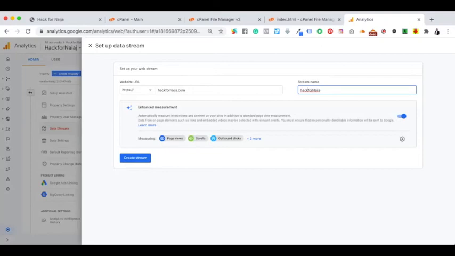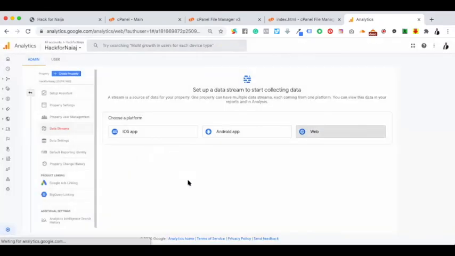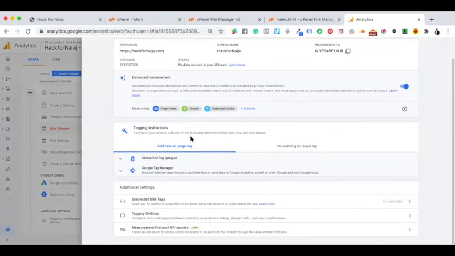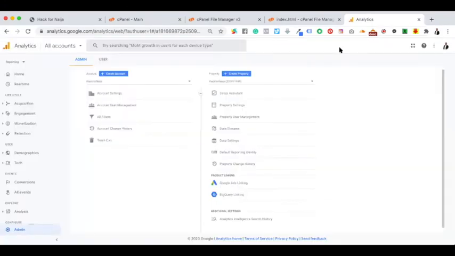This should be H capital. Then play this so you can measure all this, right? So it's creating that now. So you have this. Now that we have created an account and property, let's go copy the code